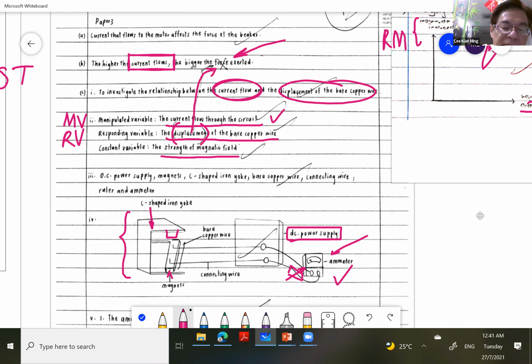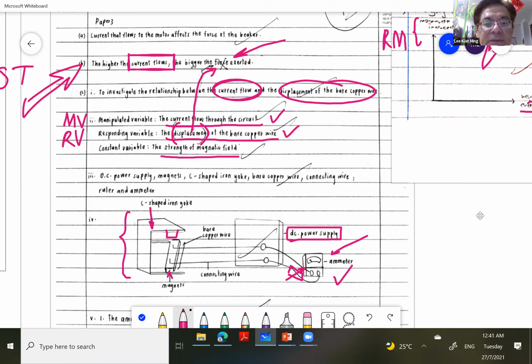tiba-tiba force lah, tiba-tiba daya lah, tiba-tiba momentum lah, tiba-tiba kelajuan lah, tiba-tiba pecutan lah, tak boleh. You have to use back the same word. Displacement. You already mentioned displacement. Use back displacement. Boleh? I repeat. So the correct sentence will be, the higher the current that flows in the circuit,